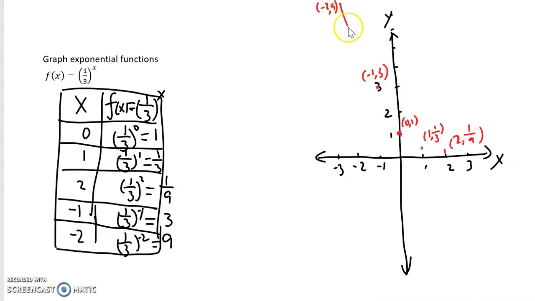We plot those points in the coordinate system, and we join them, and we got this curve. And notice that this time the curve is going